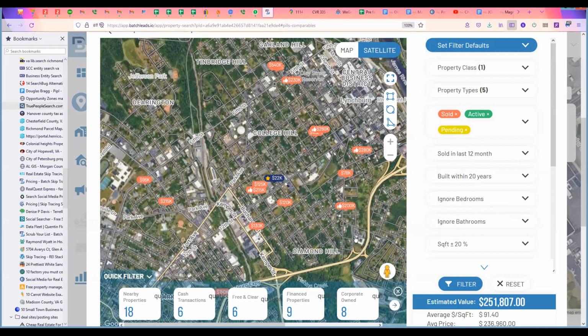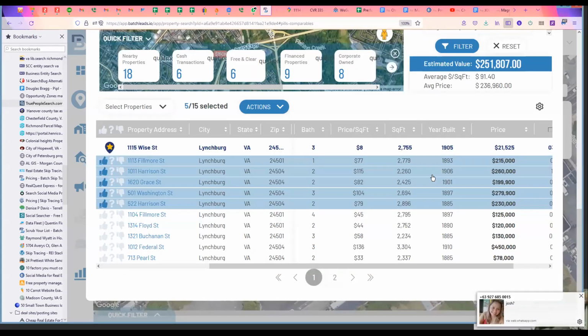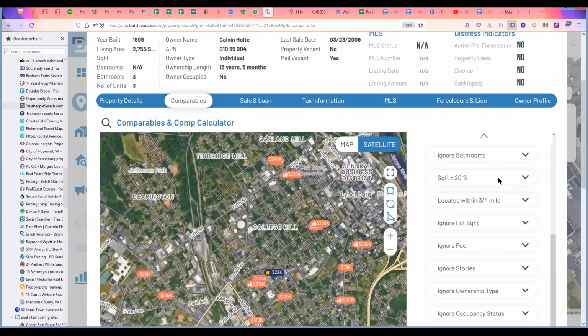Now, here's the thing. If I'm going to advertise this to buyers, I'm going to want this to look as promising as possible. So even if I advertise this to buyers, I might take out this 199, and I might leave the 215, might even take that one out too and just show the 230, 279, 260. But if you really want to get more exact with everything, now that I've got an idea of the 5 properties here that I really like,